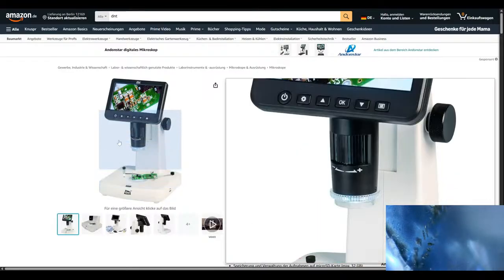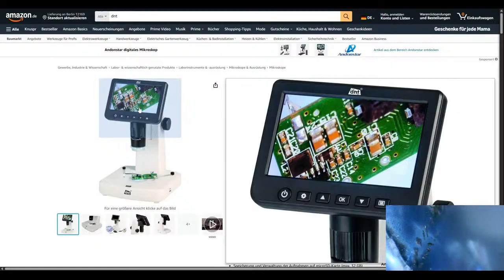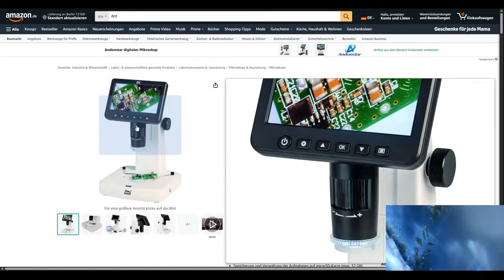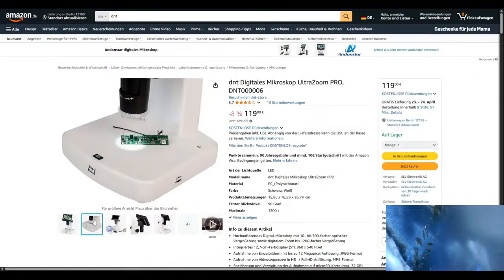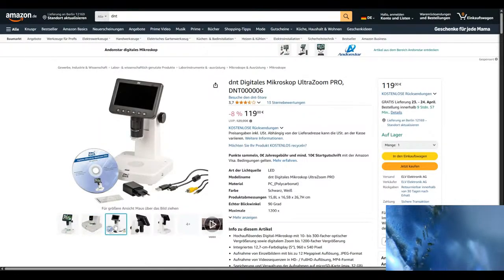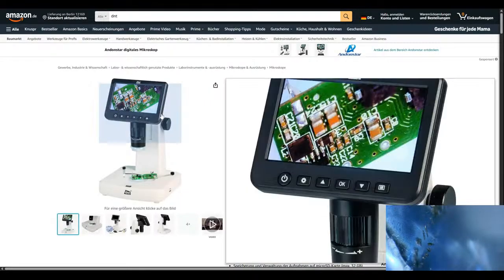The only issue with the microscope is maybe that you can only save on the SD card. No, you could actually connect it to your phone. Now that I'm thinking about it, if I connect the HDMI out to my phone, I would be able to record on my phone. That would be interesting. That might be the only thing that I would be able to upgrade and charge more